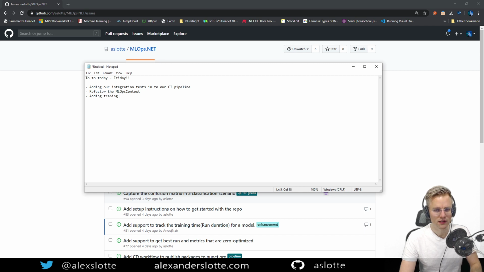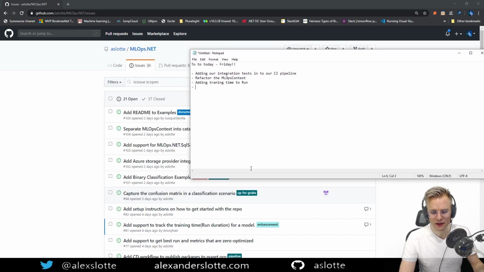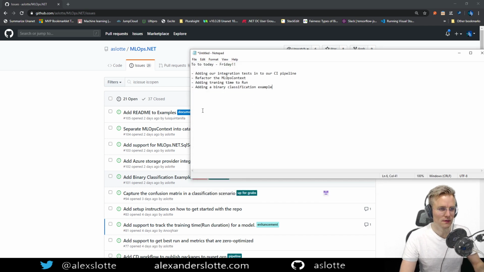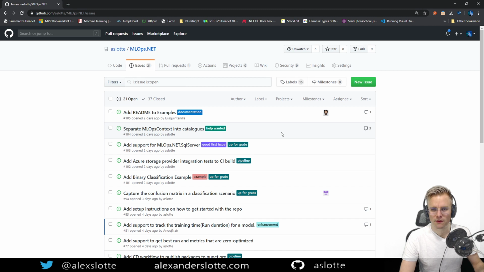Adding training time to run is something we can do as well, and potentially adding a binary classification example. That is always a good start. Alright, perfect. Well, we'll kick this off and see how it goes.